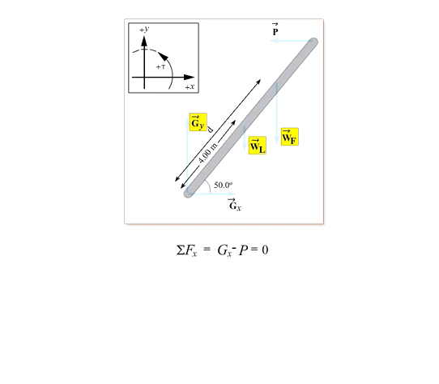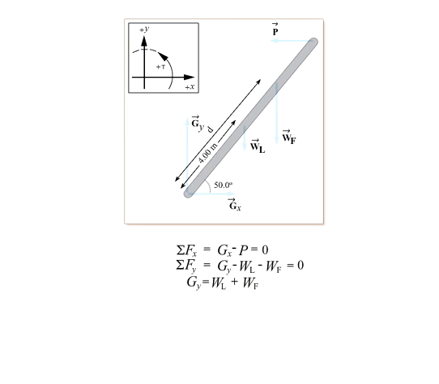Three forces act in the y direction. They are G sub y, W sub L, and W sub F. G sub y acts in the positive y direction, and W sub L and W sub F act in the negative y direction, so the sum of the forces in the y direction is G sub y minus W sub L minus W sub F. Since the ladder is in equilibrium, this sum must also be 0. We can solve this equation for G sub y, and we find that G sub y equals W sub L